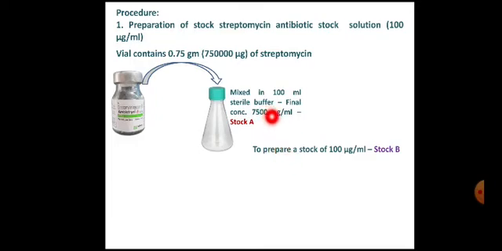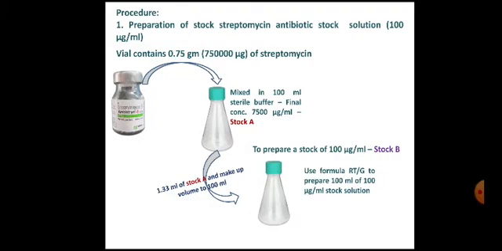From this we'll prepare stock B, that is 100 micrograms per ml. Now we want to prepare this in a quantity of 100 ml. So we have the formula RT by G. R is required. Required is this. T is total. Total is we want to prepare 100 ml of this concentration. And G is this given